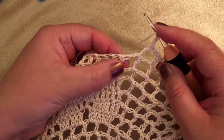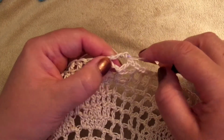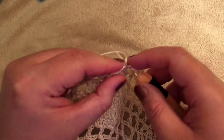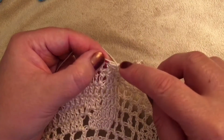Yarn over, we're skipping this first double crochet, into the next double crochet, insert your hook, pull up your yarn, yarn over, pull through 2, 2 loops on your hook, yarn over, insert your hook into the next double crochet, pull up your yarn, yarn over, pull through 2, 3 loops on your hook,